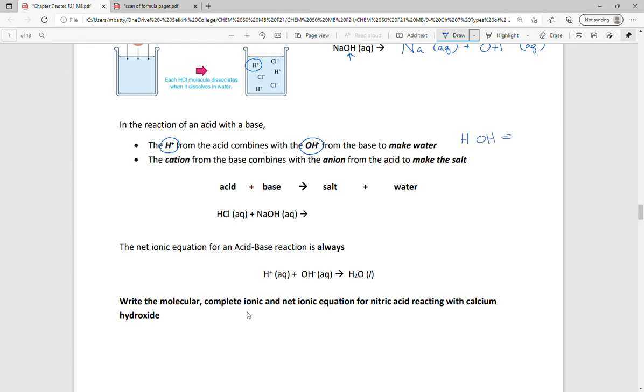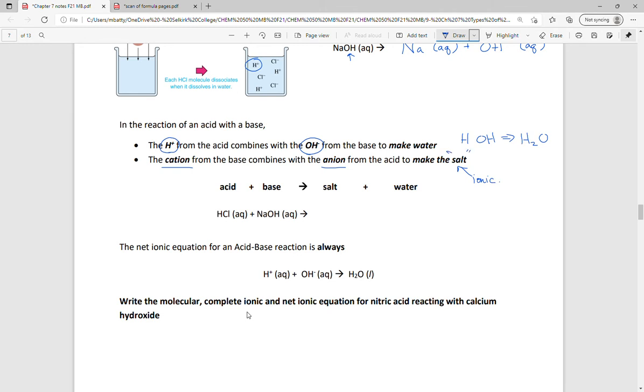What we're going to write it as is a covalently bonded molecule of H2O. It's still roughly that double displacement reaction. The cation from the base is now going to combine or bond with the anion from the acid, and that makes an ionic compound,